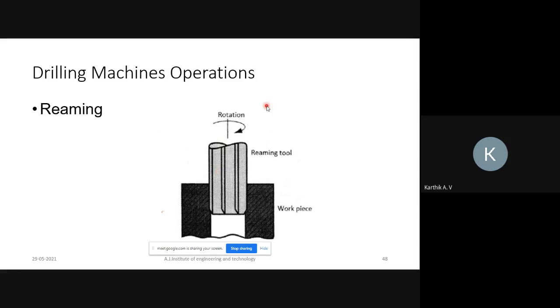So that is called the reaming operation. Surface finishing of the pre-drilled hole can be carried out with the help of this reaming tool.